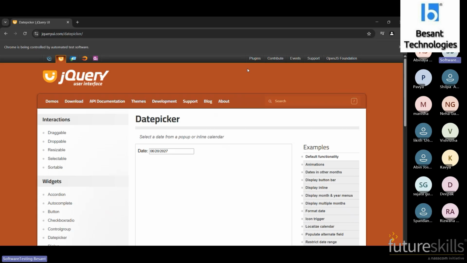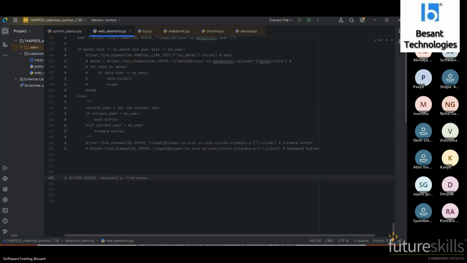There are certain things we will be giving from the mouse and from the keyboard, and how we need to approach this we will be seeing. Any doubt in the action chains? First we will go with the mouse, then we will go with the keyboard. Very, very important topic. This makes your program very easy. This concept is very easy actually, but we need to know how to apply it, and where.